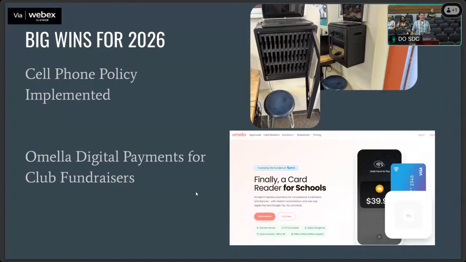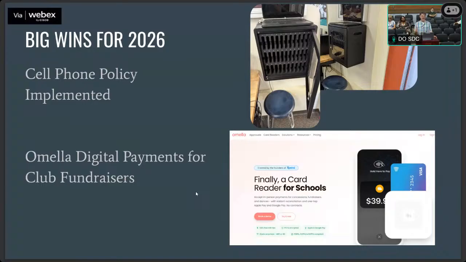The Omela digital platform, we got this approved. This is a free way. The only way they get paid is by the tips, so they automatically mark up any donations to a club. Miss Santos, Culinary, was able to use this for her dinner theater, and some other clubs, like robotics, were able to do fundraisers with it. If somebody wants to buy a chocolate bar, for example, they pay $1, and then the tip is like 10 cents. And that 10 cents is how Omela is paid. So there's no cost to us at all, to the district or the school. So that was a win.